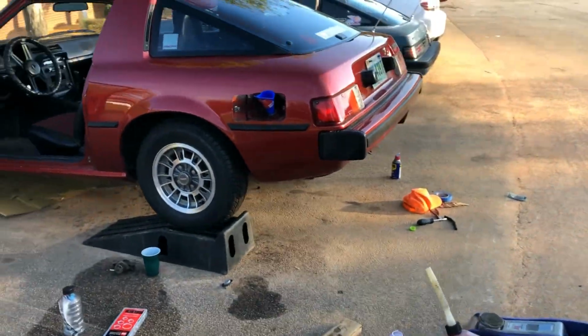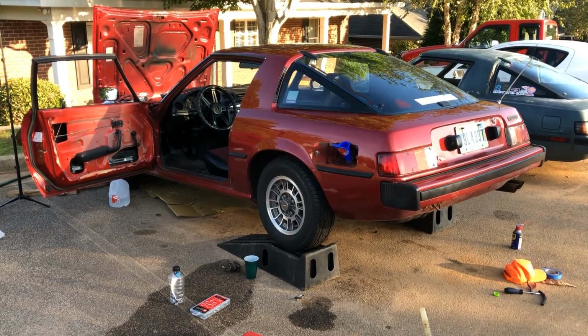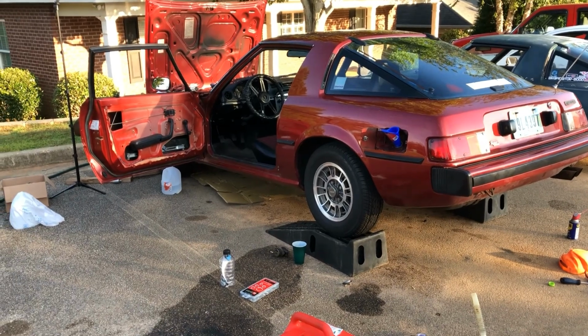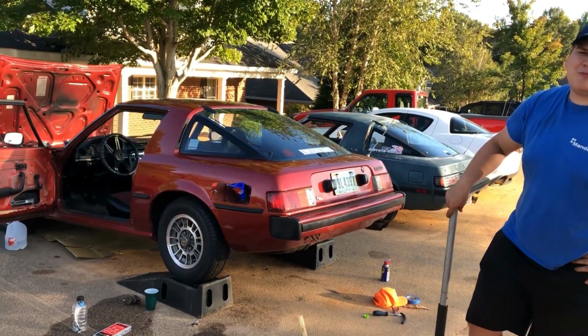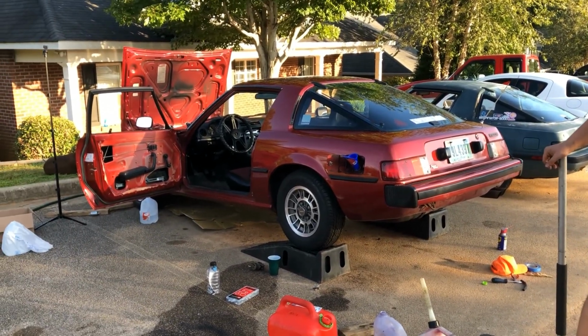Next time, we should be tackling the brakes, which is not going to be fun because I've taken a little look while I was under there, and there's some serious crust on these brakes. Broken. Yeah. No mistakes. But